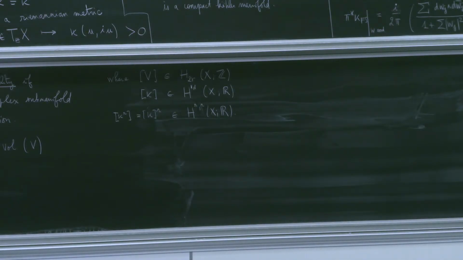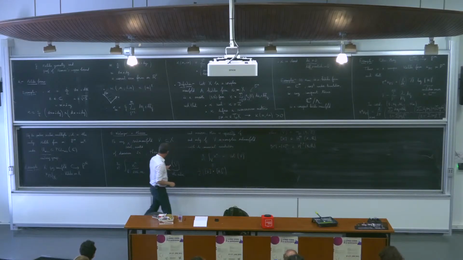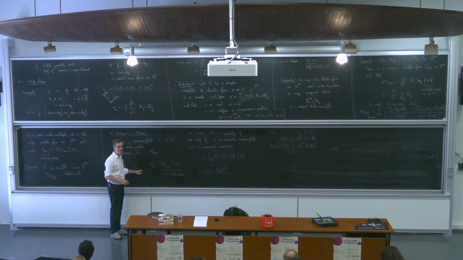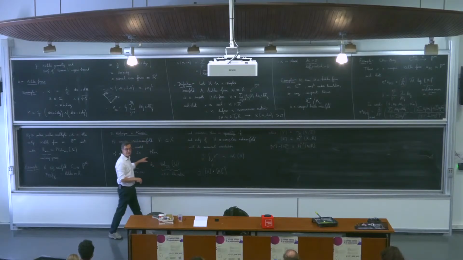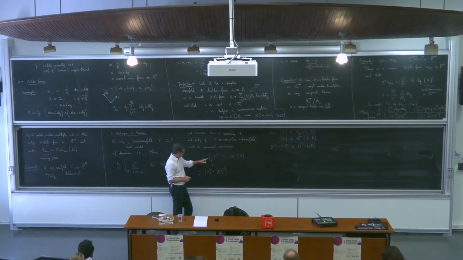Let me make a comment. Suppose you start with a complex submanifold and you look at this formula, and then you deform your complex manifold V a little bit as a real manifold. You just deform it like in C1 topology. Then the volume can increase because of this formula, but cannot decrease because of this formula. Okay? So it's very important, you see, in